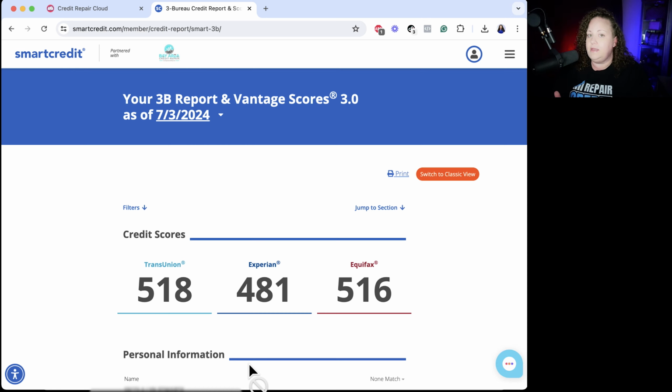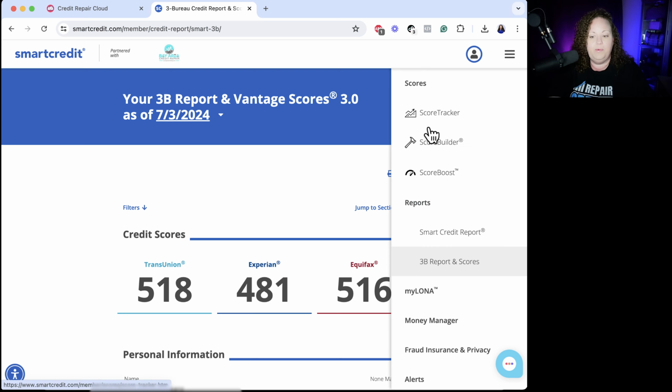You can see here, now the report is as of today. Now that this is updated, there's one other step that we want to do before we re-import this data into Credit Repair Cloud. So from the main screen where we were just at, there's 2 reports if you'll notice. There's the 3B reports and scores, which we just did. There's also the Smart Credit